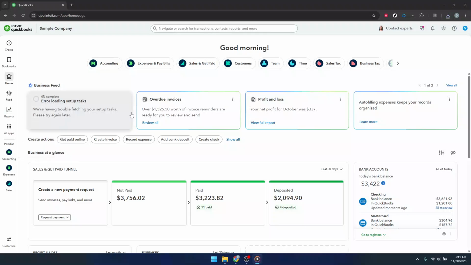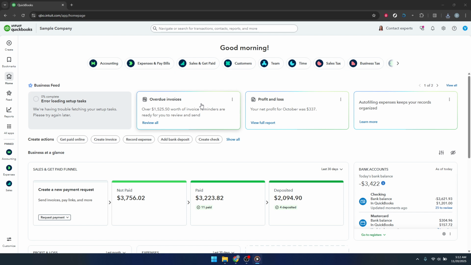In today's video, I'm going to teach you how to edit an invoice in QuickBooks Online. Editing an invoice is something you'll need to do whenever a customer's information changes, an item was entered incorrectly, or you simply need to adjust quantities or prices. I'll walk you through the process step by step so you feel confident making updates without worrying about messing up